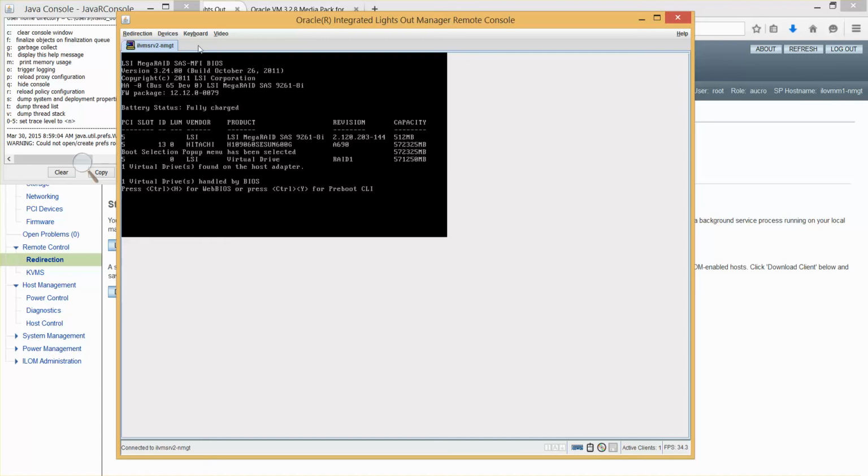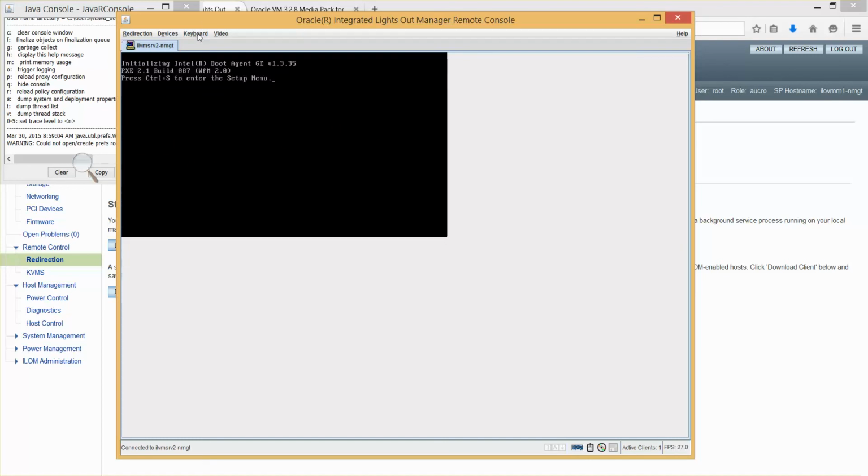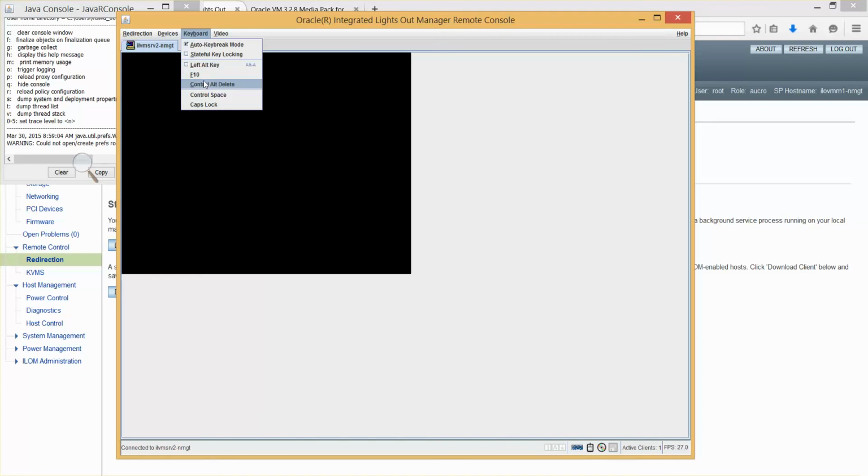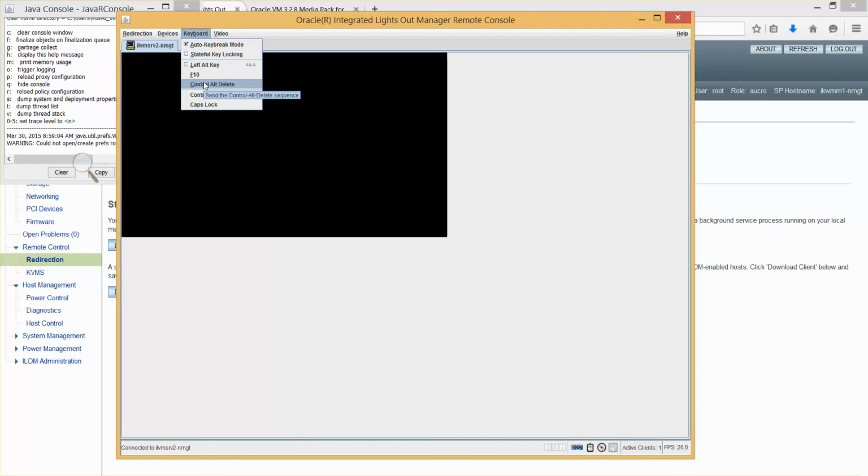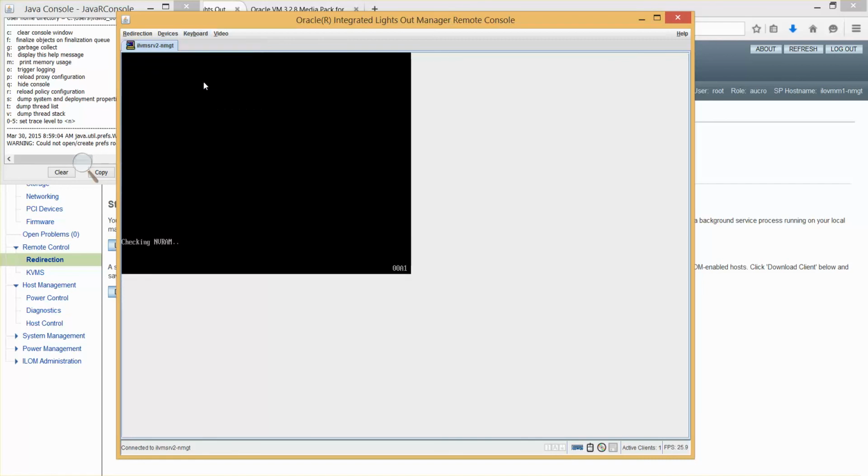I think I'm a little bit late, so for that reason I am sending Control Alt Delete, which will restart the box. You can click on Control Alt Delete and it will restart the host.